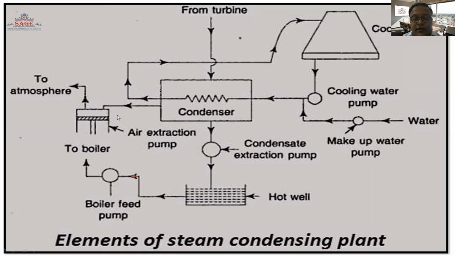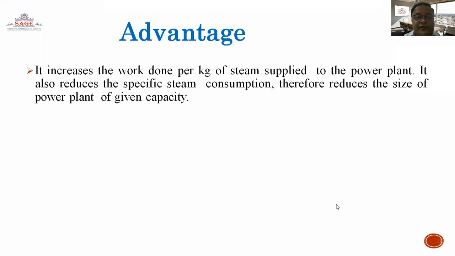तो दिस इज द मेन फंक्शनिंग ऑफ द स्टीम कंडेंसिंग प्लांट, and the water is supplied from this unit to the condenser part and after that air is extracted. Air is squeezed or withdrawn by the air extraction pump. यदि कोई एयर आ जाती है बॉयलर यूनिट में तो उसको भी एक्सट्रैक्ट कर लिया जाता है।